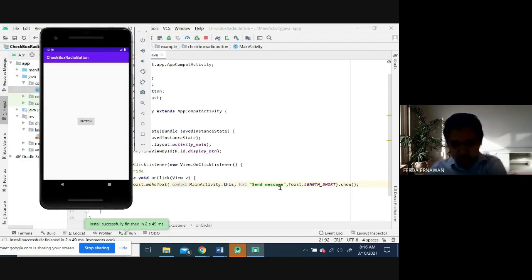I call it the toast, make text, main activity. I display it in this activity. So this is your main activity, and the message is send message, length short. Try to click. Can you see send message appear and disappear after a few seconds?